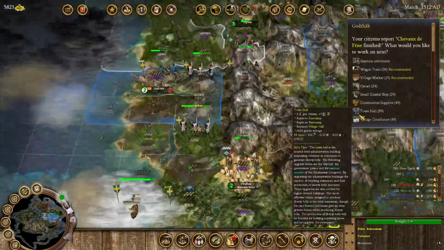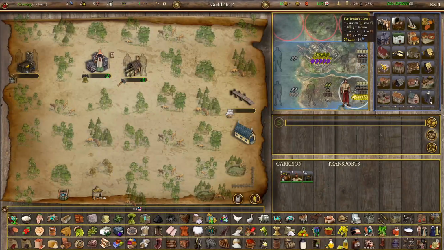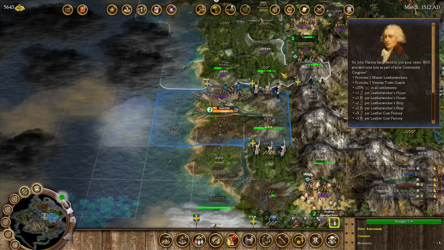Let's get the village market at Mastani. And at Gothab, let's actually have a look. The only thing that we produce right now is the gold. I think what we actually need to do is get the tavern and other things that... Actually, we'll get the chapel first. We'll purchase that. But anything that gives us a bit more culture, to make sure that we don't lose...